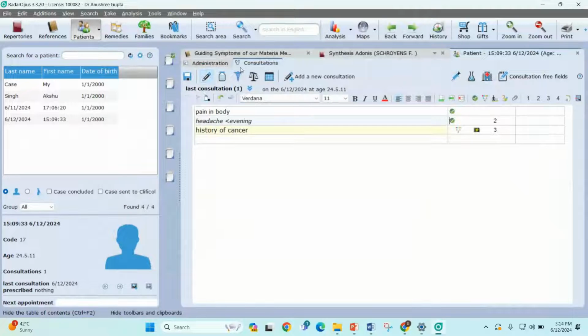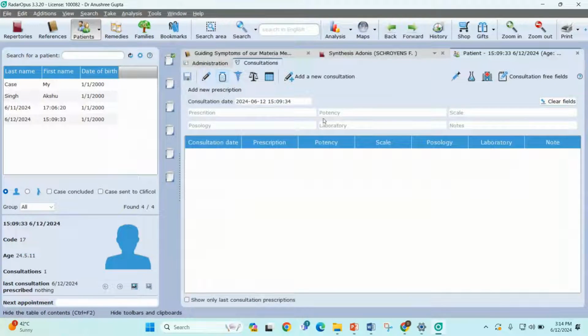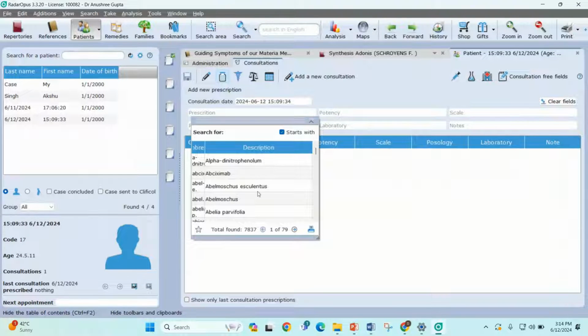Next is you can mention the details of the prescription directly into the case. So you can choose from the list of the remedies whatever drug you are prescribing to your patient.